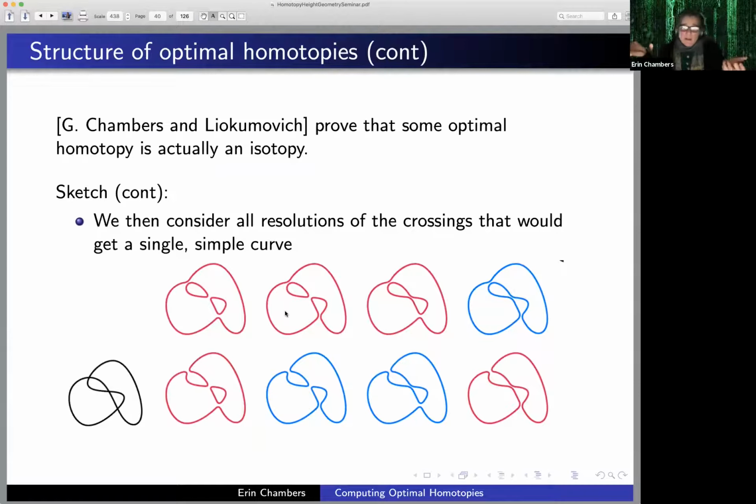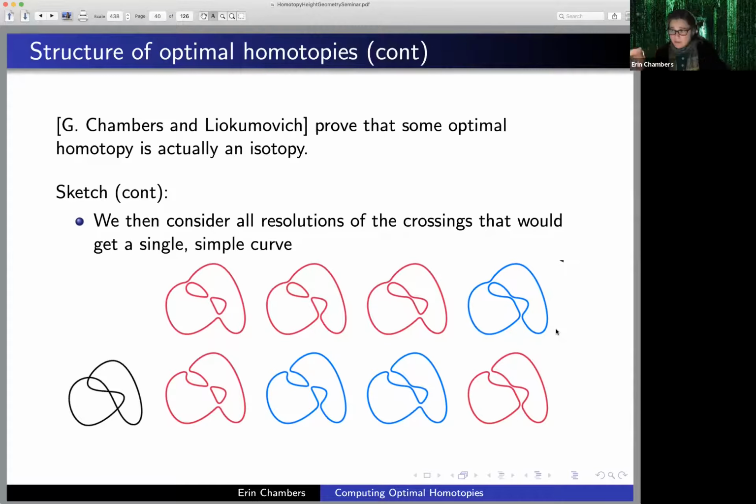So what do we do? Well, there are ways to resolve the crossings. Remember, my goal is to show you can morph from one curve to the other without intersection. So what they do in this work is think about resolution. Here are my crossings. I've introduced 2 bigons. Some of these yield a simple closed curve, this blue one that I'm pointing at. Some of them do not. Those are red because they're bad, and I like the blue ones. I want a consistent sequence of resolutions that's no longer and that stays isotopic,